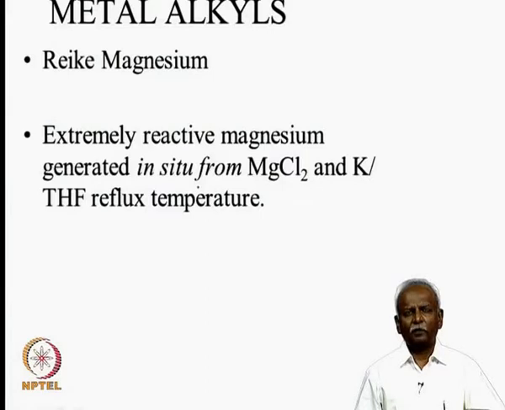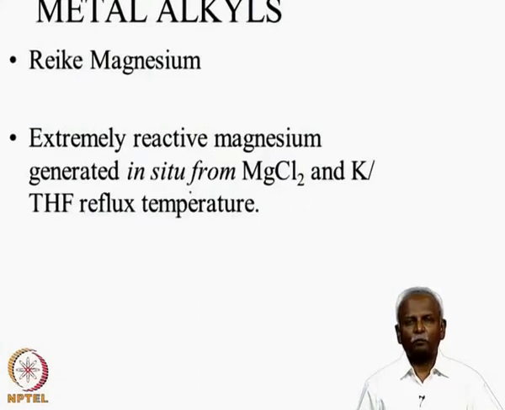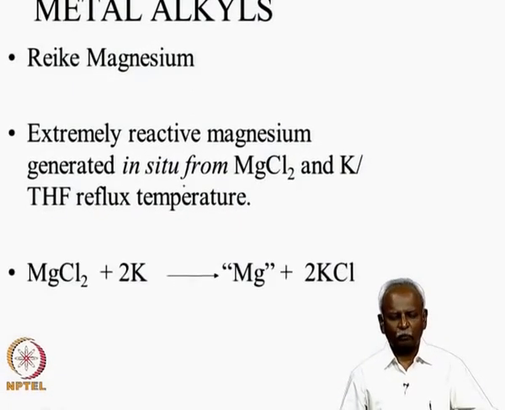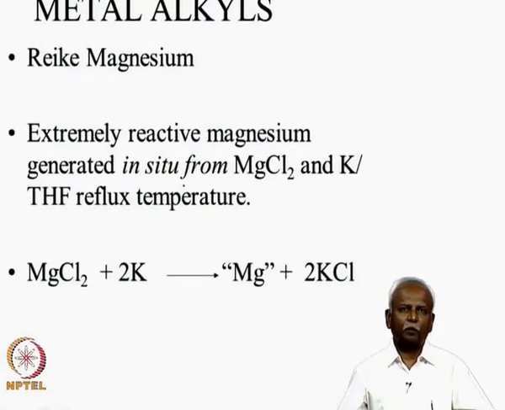At the reflux temperature of THF, potassium melts and forms a metal globule, and that metal globule reduces the magnesium chloride and forms a black magnesium powder, and this black magnesium powder is extremely reactive. So, this is a pyrophoric powder that is formed by reduction of magnesium 2 plus